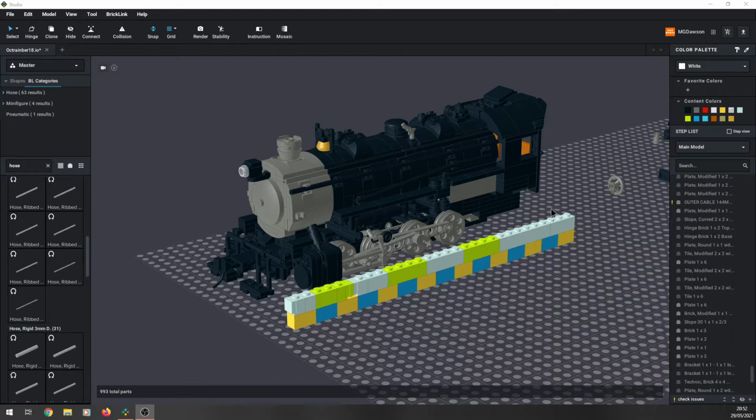So, let's progress on. The reason why I wanted to do more work on the USRA 0-8-0 is because I want to build it, and the original model, even though it was from 2018, less than 3 years ago, probably just over 2.5 years ago at this point, when I last finished working on it properly, had a few issues, and I kind of skipped over them. Some of the structure wasn't there, some of the details weren't there, and I did say in the entry that, because of